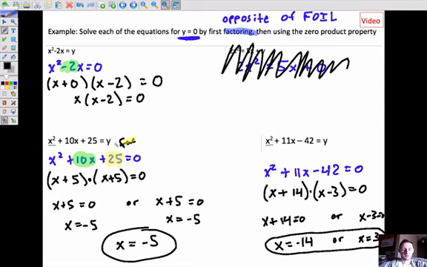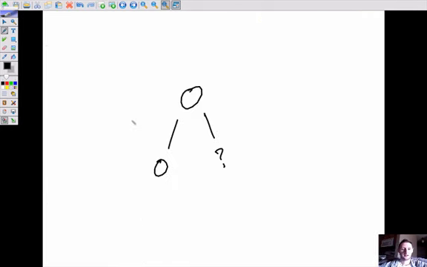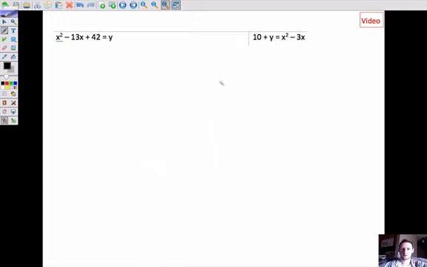Then go to use zero product property. The first one I'm just going to get x equals 0. This second part here I'm going to get x equals 2. So my answer, x equals 0 or x equals negative 2. Okay. We got two, now